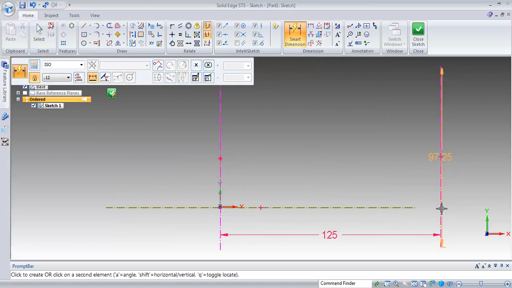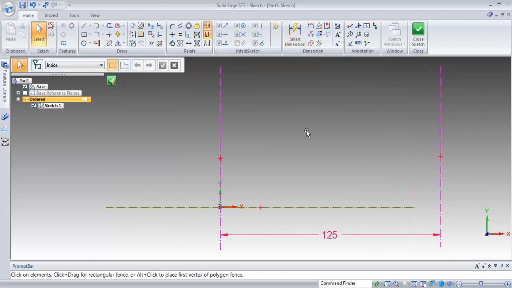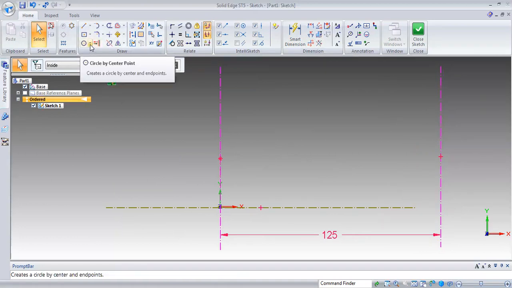Okay. So next we'll be creating the next concept, which is tangent.